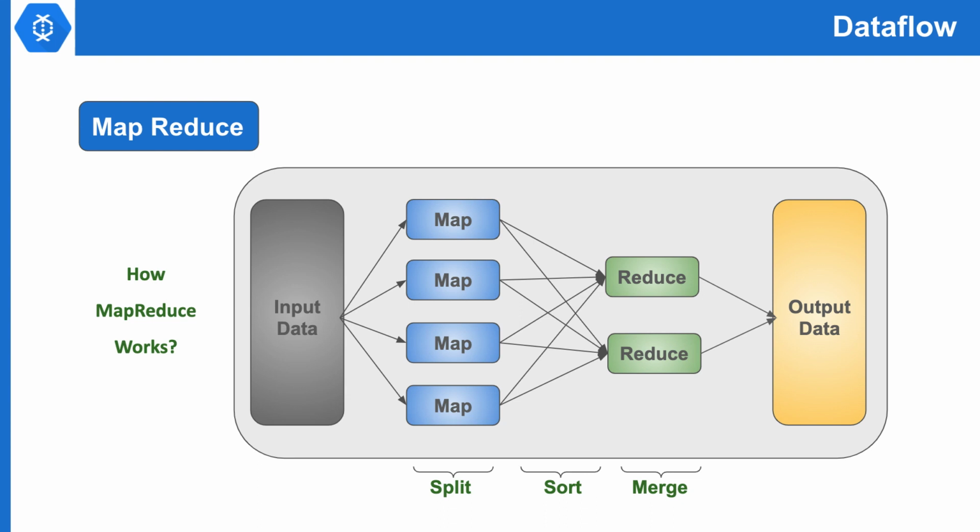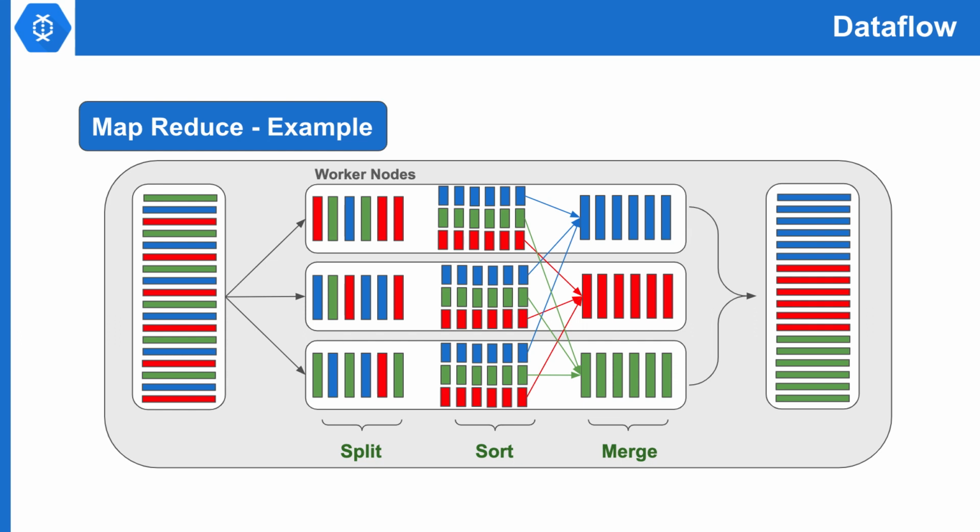Embarrassingly parallel programming problems means any problem which can be easily divided without any effort into parallel tasks. MapReduce provides a functional API for data processing. The user defines map and reduce functions, where each map and reduce invocation runs independently from each other on the worker nodes. Here, the map processes the large input data and creates several small chunks of data.